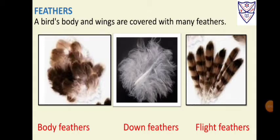Our next topic is feathers. A bird's body is covered with many feathers, and mainly there are three types of feathers in a bird's body: body feathers, down feathers and flight feathers. These kinds of feathers you must have seen sometimes on the ground or coming by the wind into your houses also. Now, body feathers,